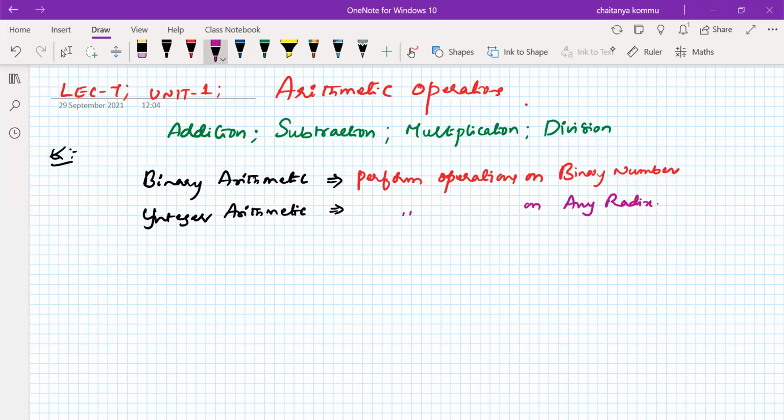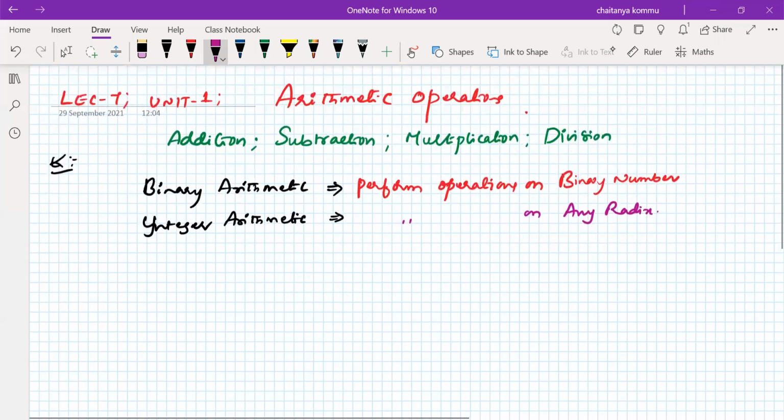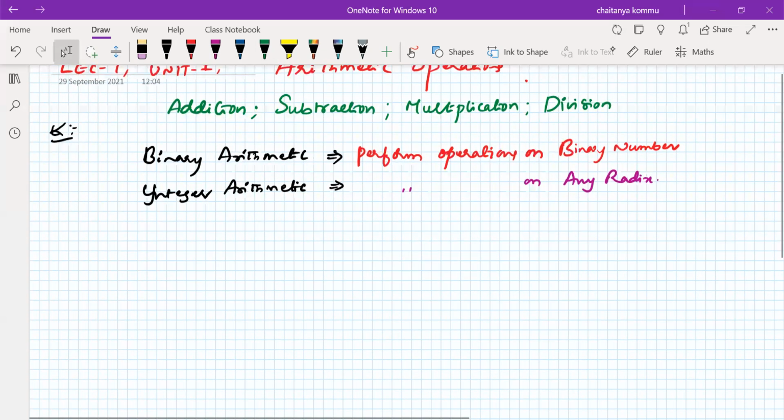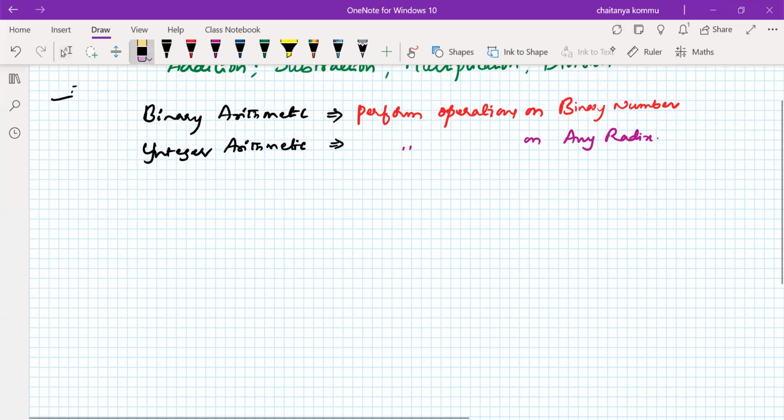So we see the integer arithmetic first of all, later we go for binary arithmetic. Simple arithmetic on any radix system, and then the binary number system. Okay, for example, consider the decimal number system,